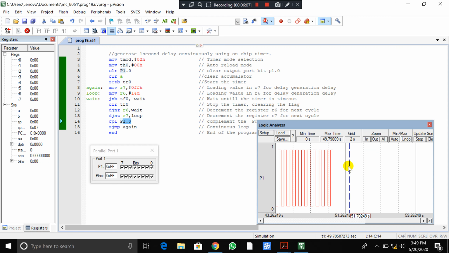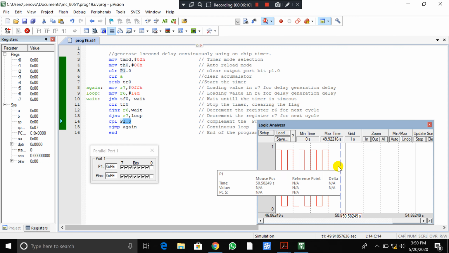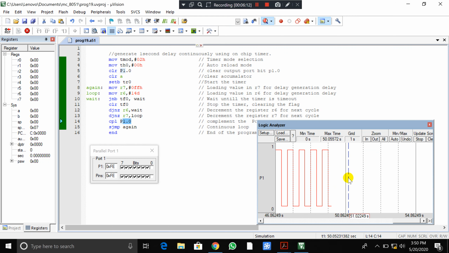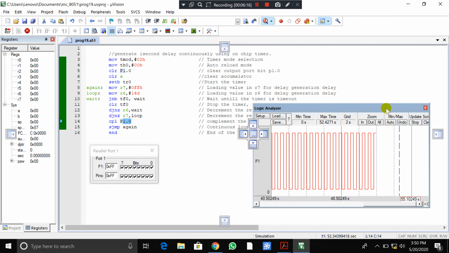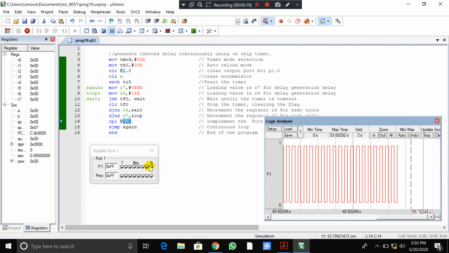You will get pulses: T on, T off, T on and T off, and so on. The pulses will keep changing on P1.0. This is the output for generating a 1 second delay for the on and off of the square wave pulse. You can also call it square wave pulse generation.